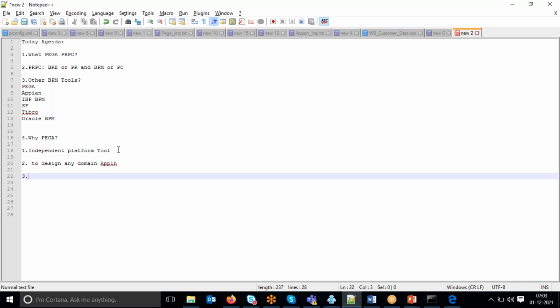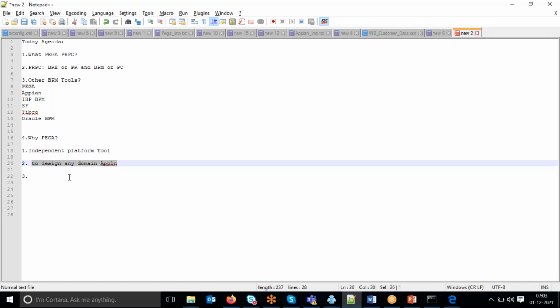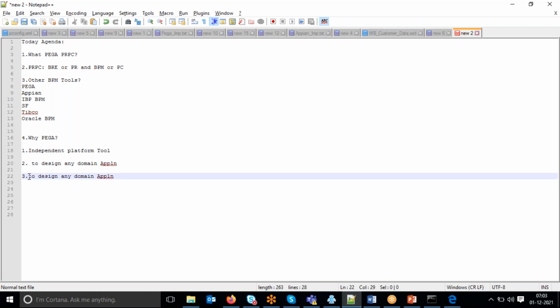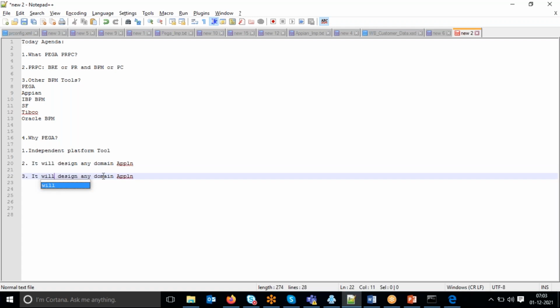Okay, good. Third point. It will be ready to design any type of application. It will design any type of application. What do you mean by any application? I think you are using a desktop application, local application, right? Standalone application, you can call it any name, or web application,